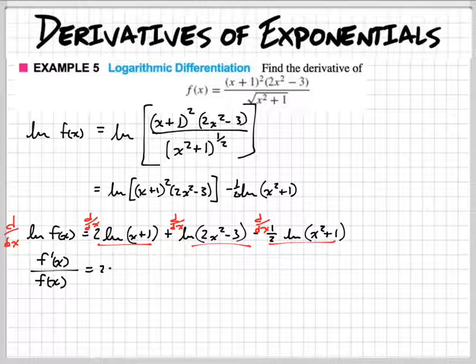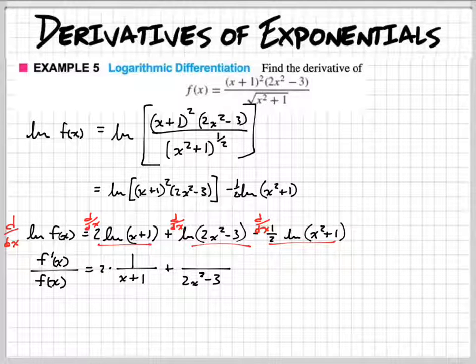It's going to be the function on the bottom, and then the derivative of the function on top. Derivative of x is just 1, and derivative of 1 is 0, plus we have 2x squared minus 3 on the bottom, and on top the derivative of this. So we take the 2, drop it, multiply it to the 2, so we have 4x, and the constant goes away, and minus,